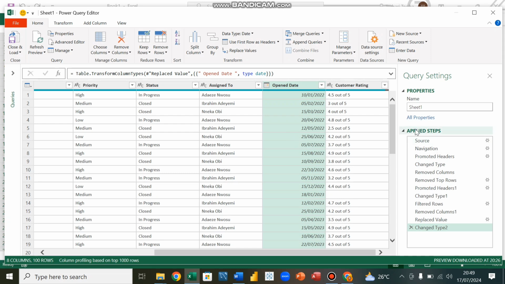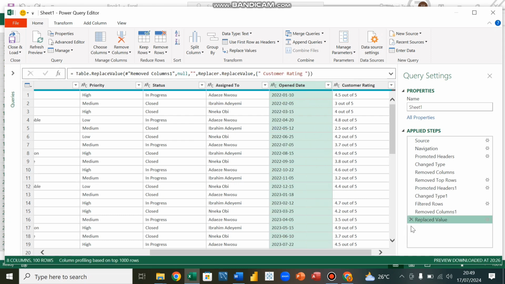If you see here, you see applied steps. Every step you have taken is showing under applied steps. So you're going to cancel the step. As I've cancelled the step, the date that I changed before has returned back to the text format that it was. So once you cancel it, you go to file,